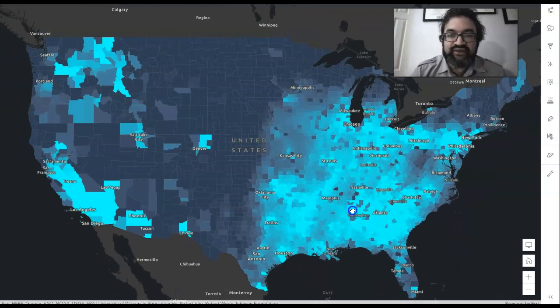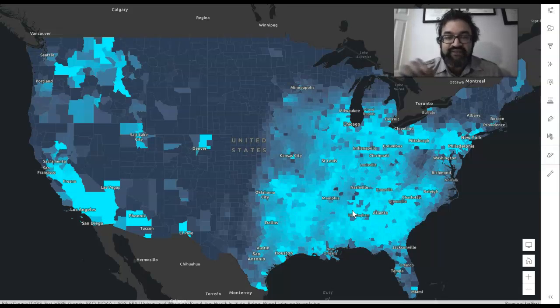What you're seeing here is that anything greater than 9 micrograms per cubic meter is light blue. Anything less than 6 micrograms per cubic meter is dark blue. So anywhere you see light blue, and it's pretty much all over these areas, the southern part, and then into